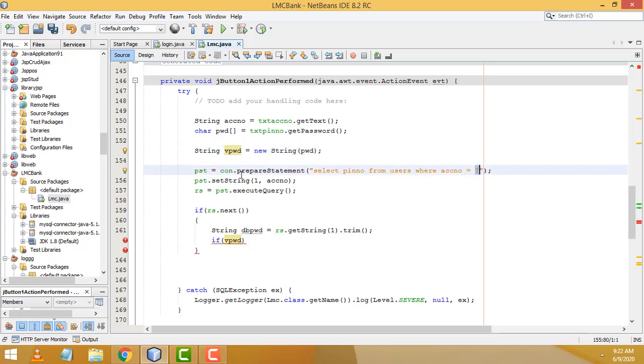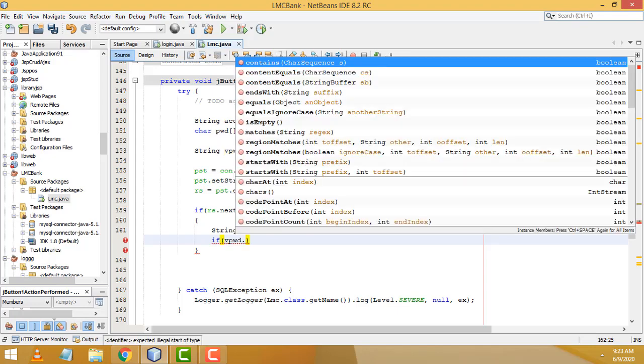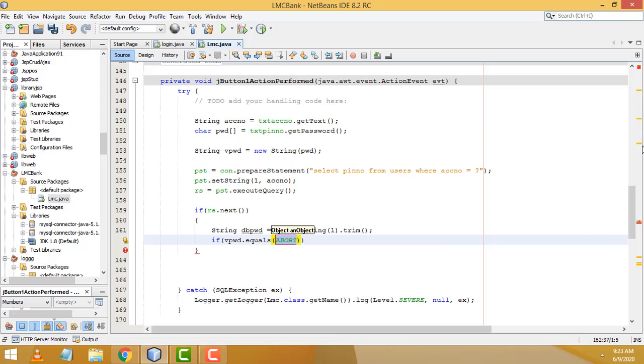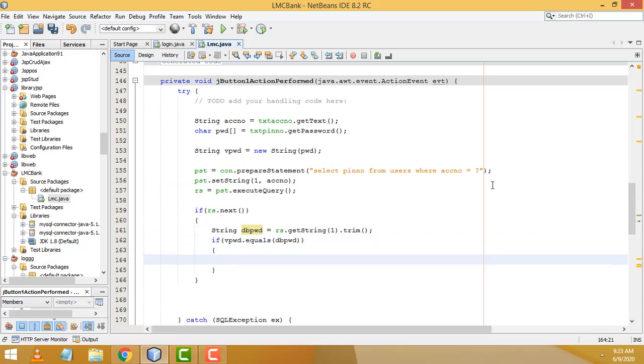What is the account number you entered here? The relevant database password should be loaded here, and the relevant pin number loaded here. It is passed to here. What is the username, the account number coming here? The relevant pin number is loaded here, right? This is a pin number, right? Passing to here, you have to check, right? Your entered pin number is this. Dot equals, you have to check like this, right? Dot equals, here we have to put db password, right? Now you have to check here if the username and both passwords are equal for the relevant account number.